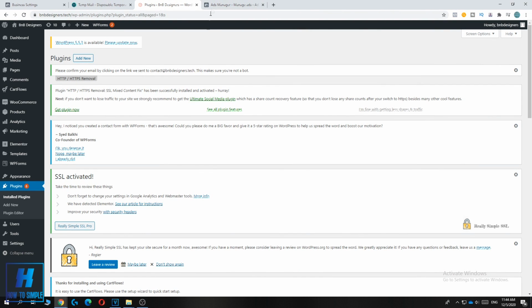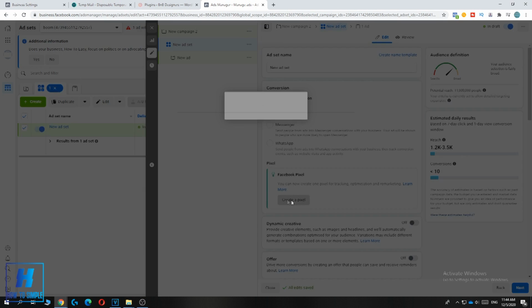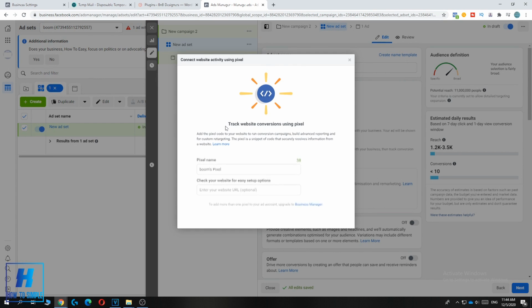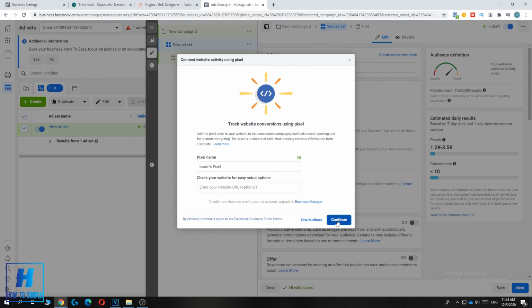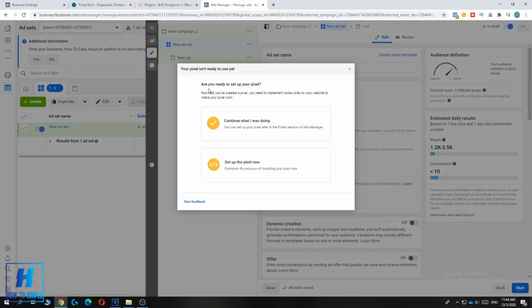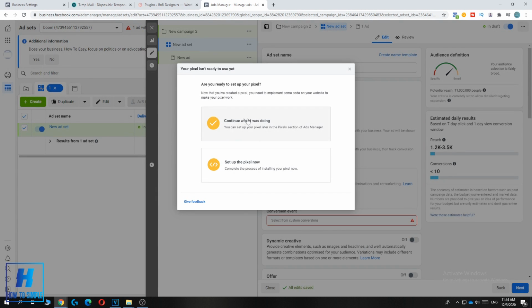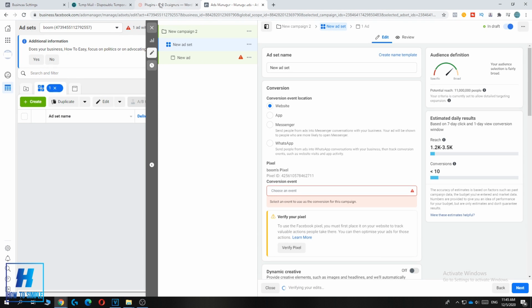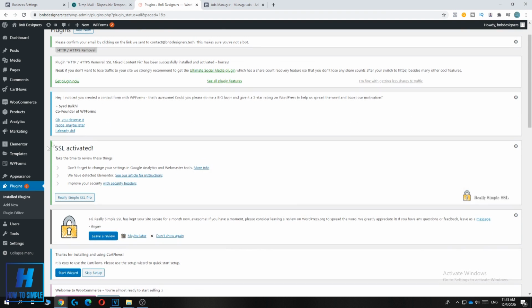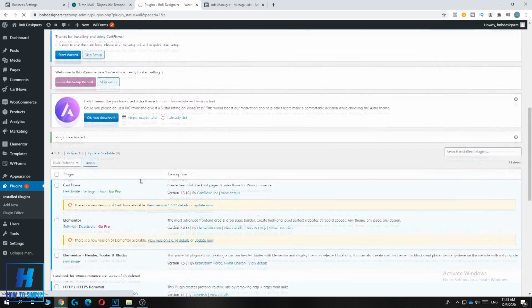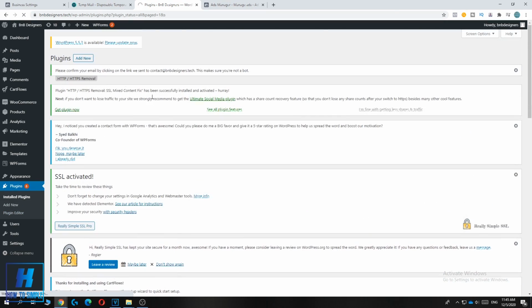it to this website. So you want to hit create pixel, and now you just can hit continue, or you can change the name. Just hit continue, and now you have to select continue what I was doing, and then you have to go to your WordPress website, go to over here to plugins, and then go to add plugin,